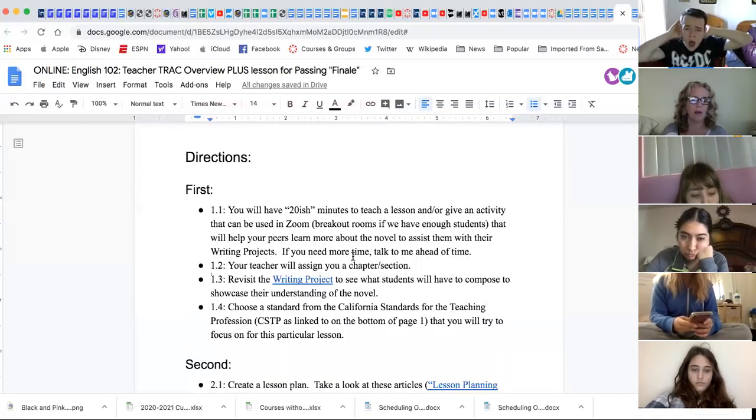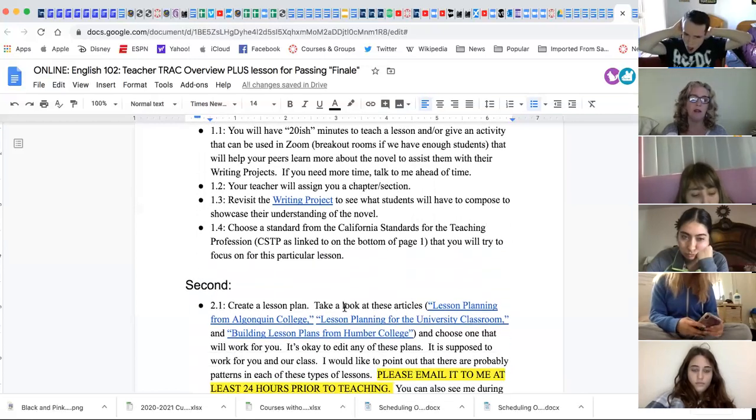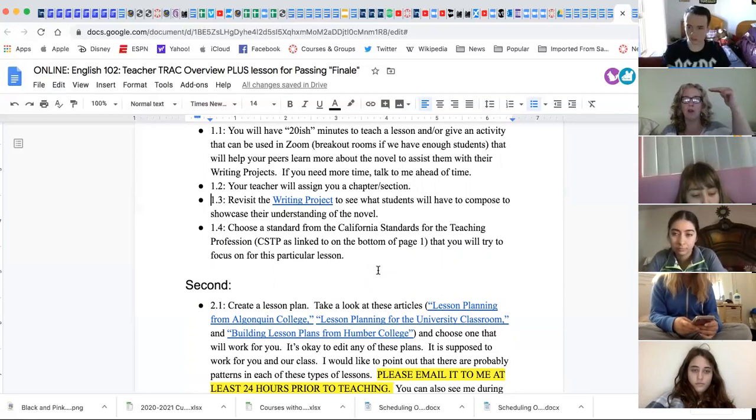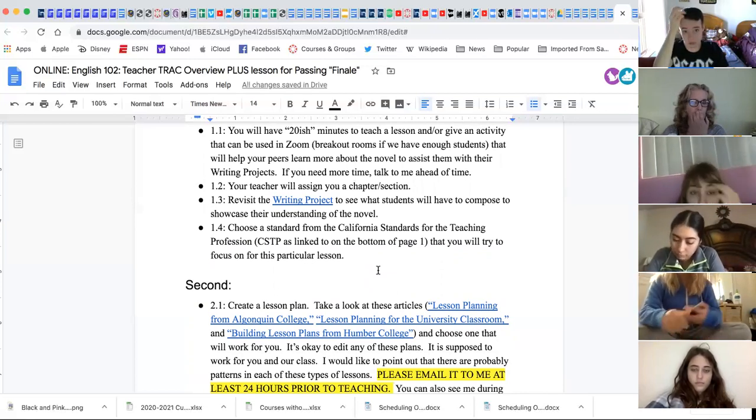Okay, so yes, link to the bottom of page 1 that you're going to try to focus on for this particular lesson. So there's a lot of standards, and they're numbered, and then there's substandards. And so you're going to choose something that you're going to focus on. Even if you do the others as well, you're going to focus on the one for your reflection,